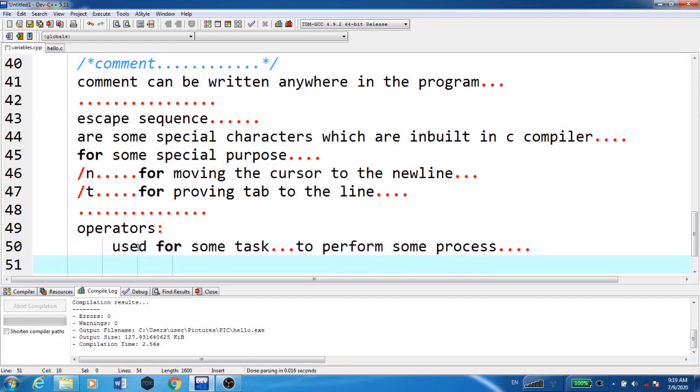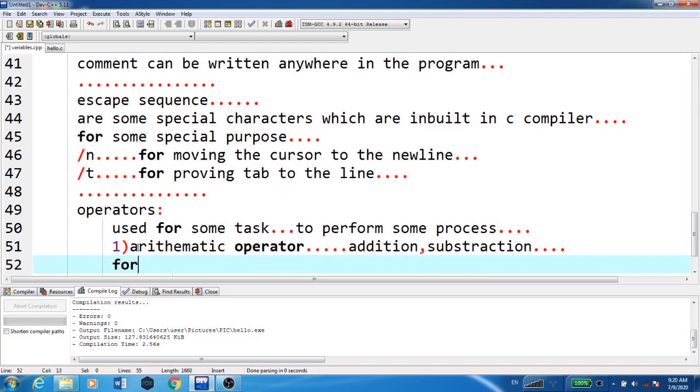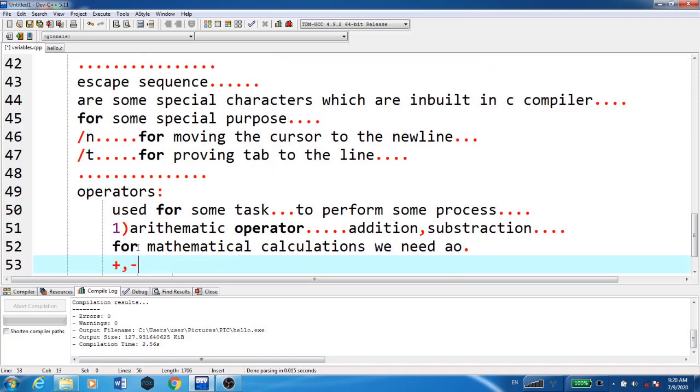Here we have arithmetic operators, for addition, subtraction, and mathematical calculations. Plus, minus for the subtraction, star (asterisk) for the multiplication, slash for the division, and modulo, that is to find the remainder.